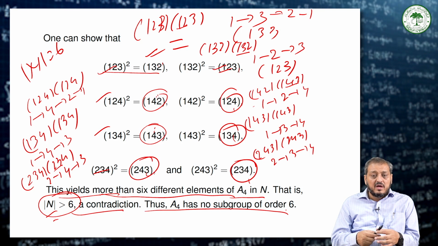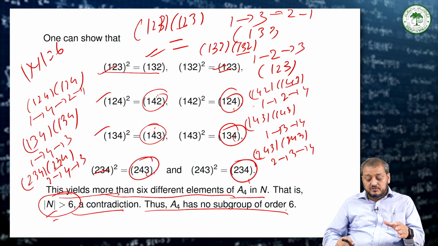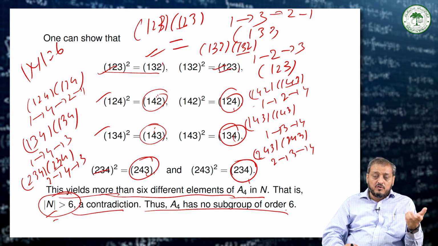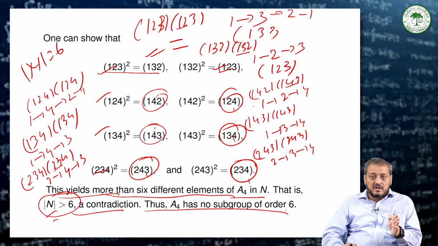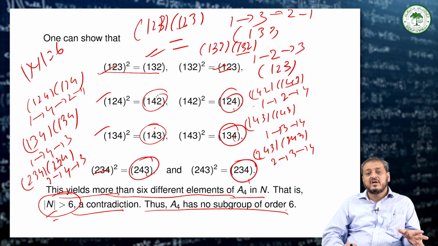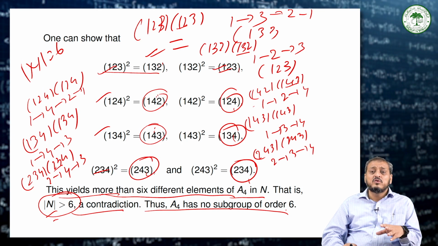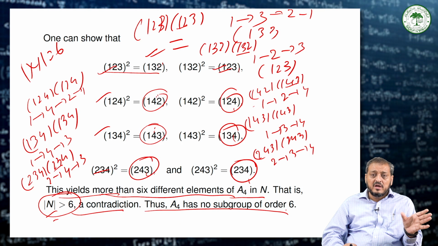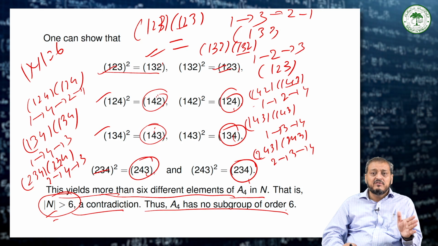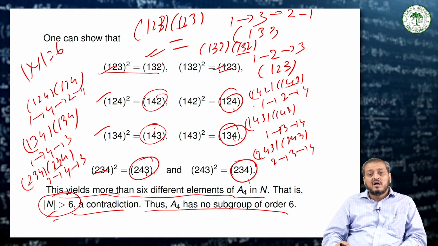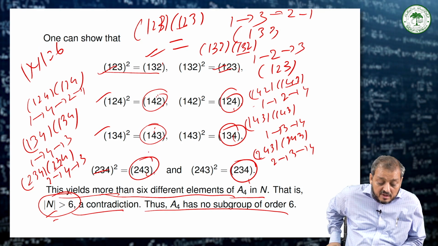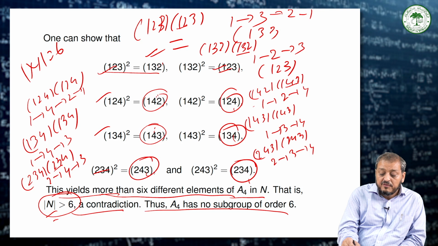That means we have to first assume that there exists a subgroup N of order 6. Then the index of N in G is equal to 2, and clearly N is a subgroup of this. Since the index is equal to 2, N is clearly a normal subgroup. Then we have to use the property of the quotient group, how to define it, and show that there are 6 different elements